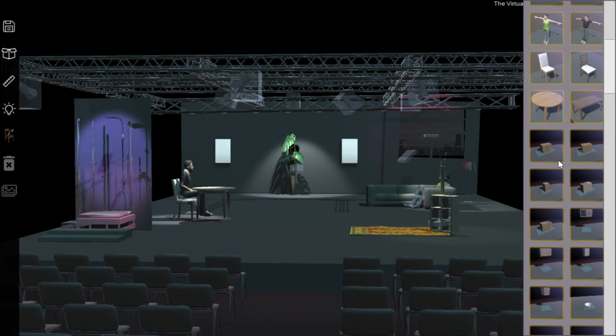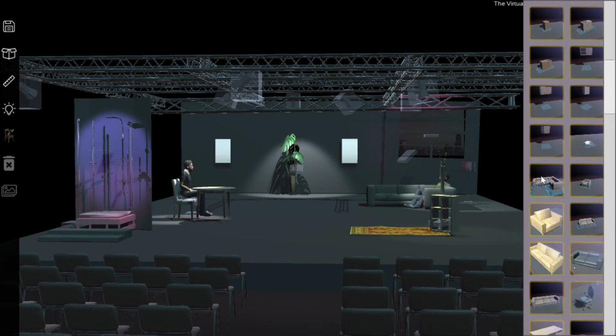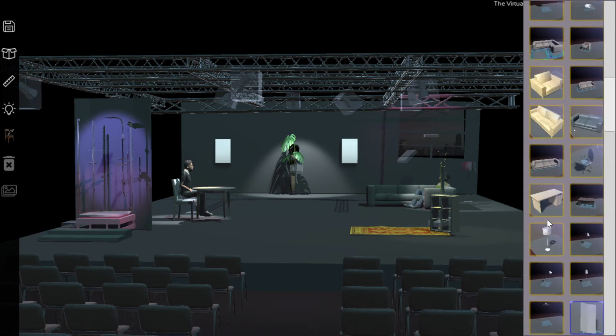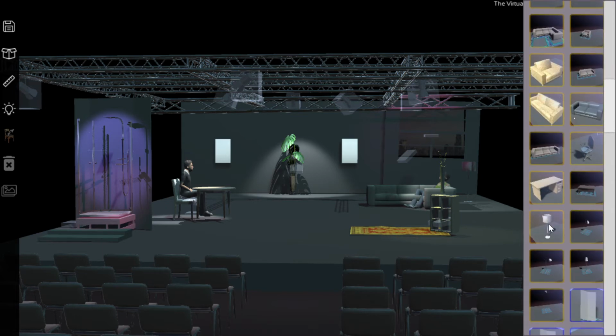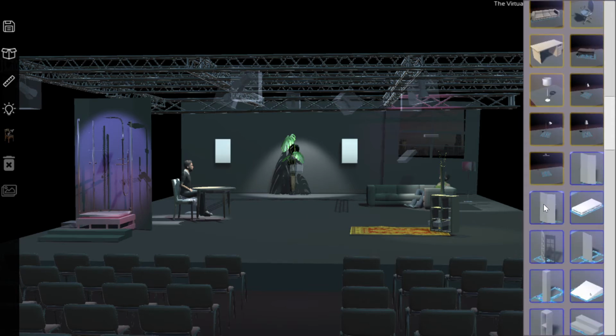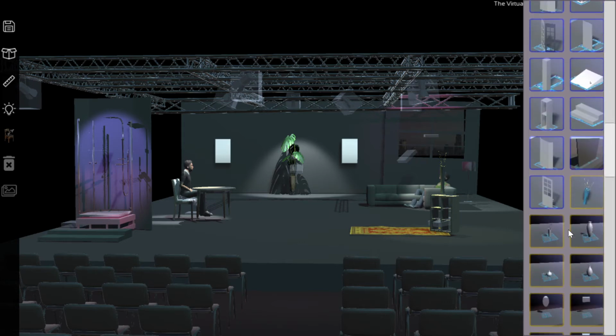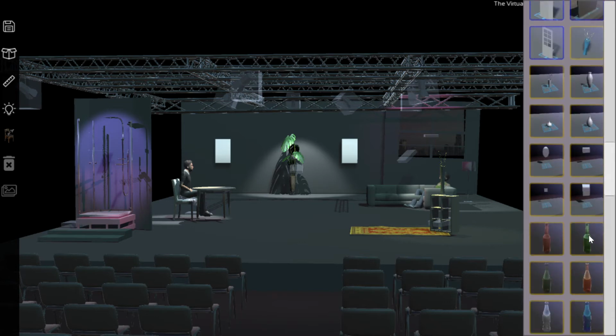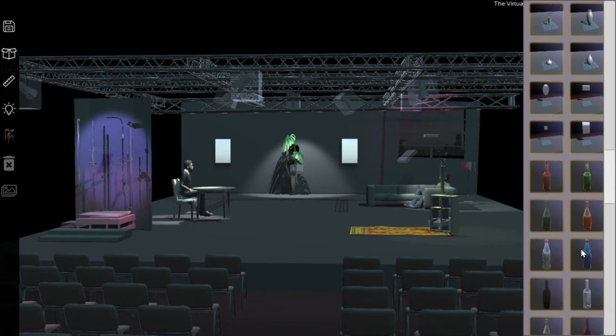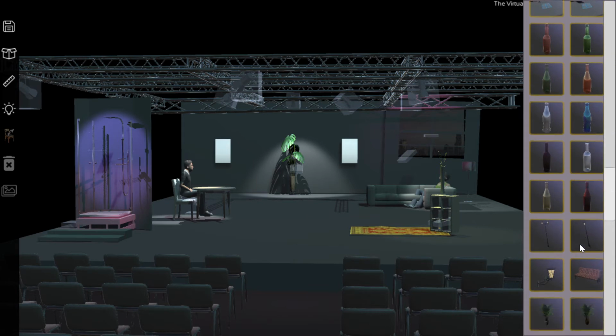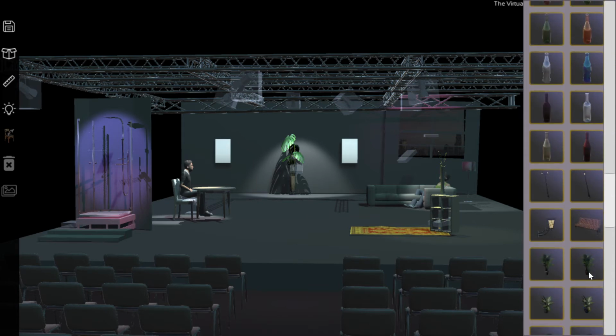Chairs, tables, chests of drawers, sofa, that's what the lady's sitting on there, armchair, different sorts of furniture. There's a desk chair, there's a desk, lamps. These are like little flats, so that one there is just one of these if you want a small one. That one there is this one here that's got the window in it. We've got vases. These are like decorative bottles, I think, or you could have them as, say, bottles of wine or something like that. We've got a park bench, we've got plants,